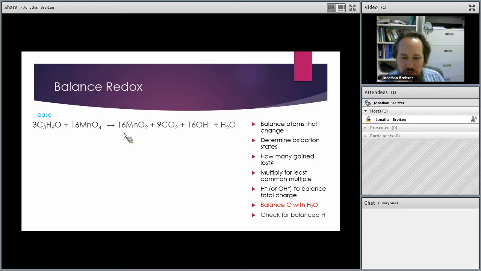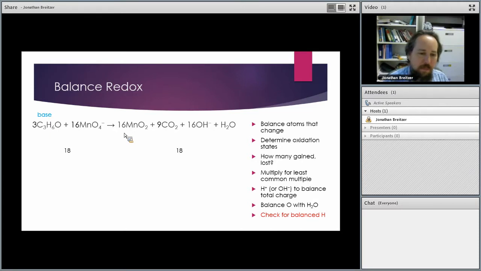Now, believe it or not, this is balanced. Let's just check to be sure, because we've checked for everything except the hydrogen. If the hydrogen is balanced, we can be pretty confident the rest of it's balanced. So we checked for the balanced hydrogens. Turns out the hydrogens are not too high in number. There's 18 on either side. The 3C6H6Os gives you 18 hydrogens. And on the right side, you got the 16 hydroxides plus the 2 from the water to give you up to 18. Okay, reaction's balanced.